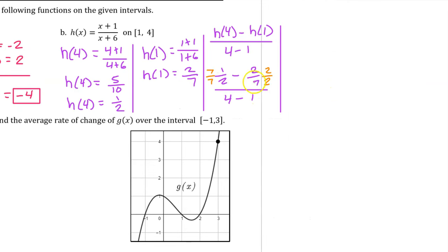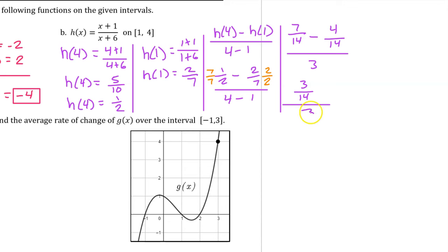We need like denominators, so let's multiply 2/7 by 2 over 2, and let's multiply 1/2 by 7 over 7. So this will give us 7/14 minus 4/14 divided by 3. 7/14 minus 4/14 is 3/14. So we have 3/14